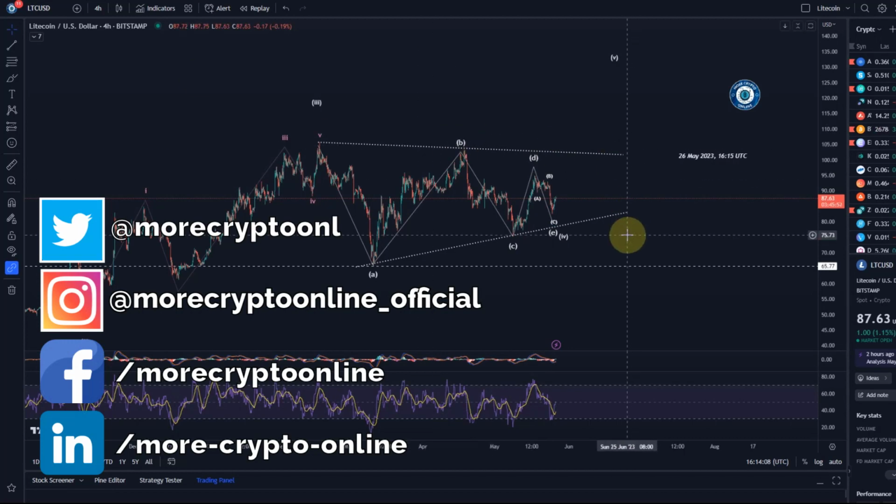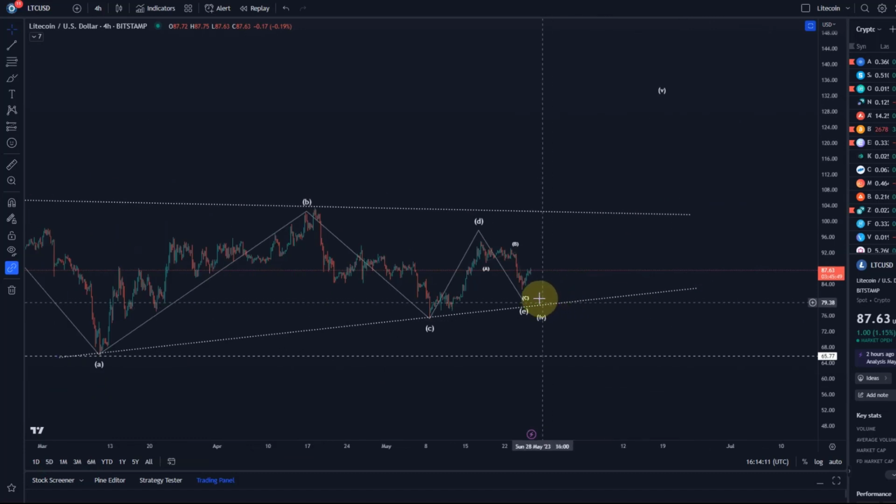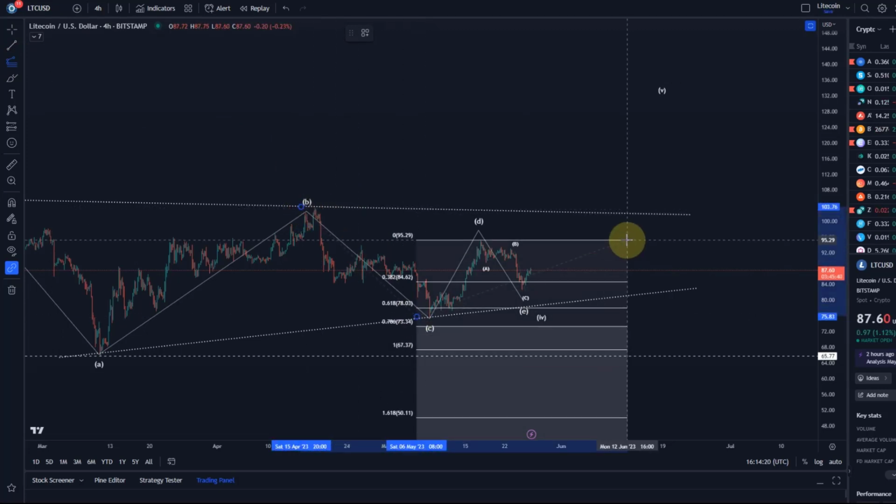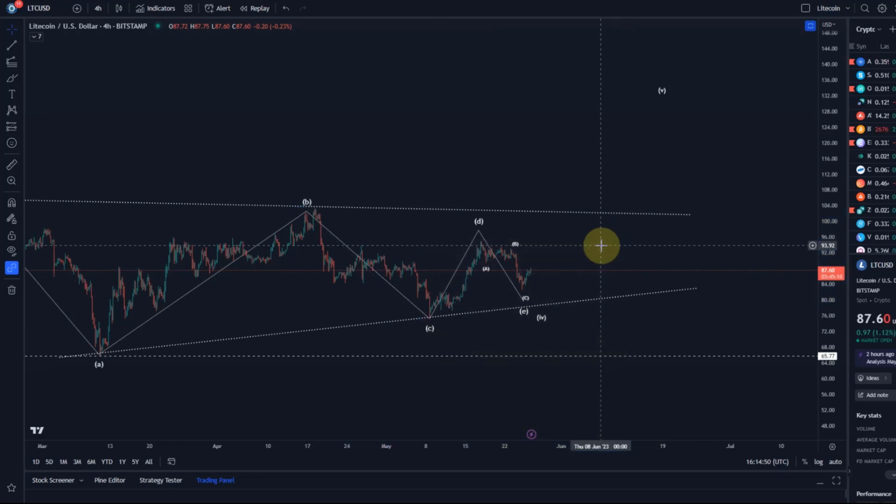So Litecoin shows a bit of a reaction to that, what was it? I think it was the 61.8 extension. We looked at that in yesterday's video. Let me just draw that again. Yeah, the 38.2 extension. One of the common targets that you can find in these triangles, there are basically two. For example, the E-Wave target is typically either the 38.2 extension or the 61.8 extension of the C-Wave. So you take the length of the C-Wave and the E-Wave target would be somewhere between these, ideally at one of these levels. Now they are not super reliable, but they are the best we've got in triangles. And we see a little bit of a reaction there.